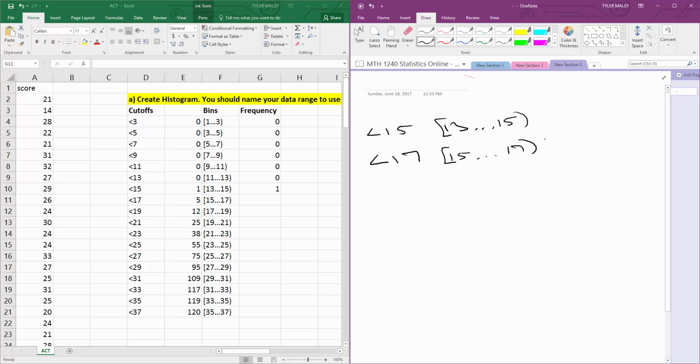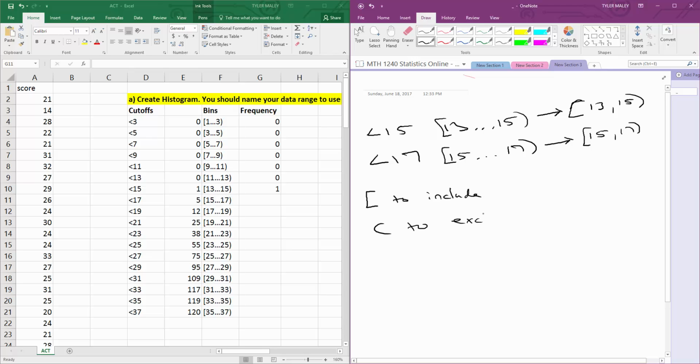So what this is doing is just a way for me to write this in interval notation, but really what I'm after is this, right? 13 comma 15. And this, what I'm after is 15 comma 17, not including 17 but including 15. So remember, in interval notation we use a bracket to include and a parenthesis to exclude, right? So if I want to draw this one on a number line,